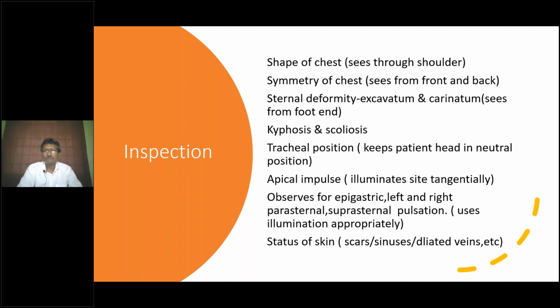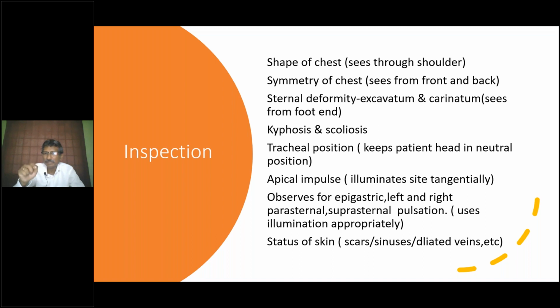Okay, so now we'll move to the next thing, which is observation for pulsation. Semi-recumbent. Yes, I said semi-recumbent. Smriti, I told you semi-recumbent is just above the supine position. After you look at the apical impulse, you have to look if there is any evidence of movement of the heart. When the heart moves abnormally, it will transmit the movement to the chest wall.